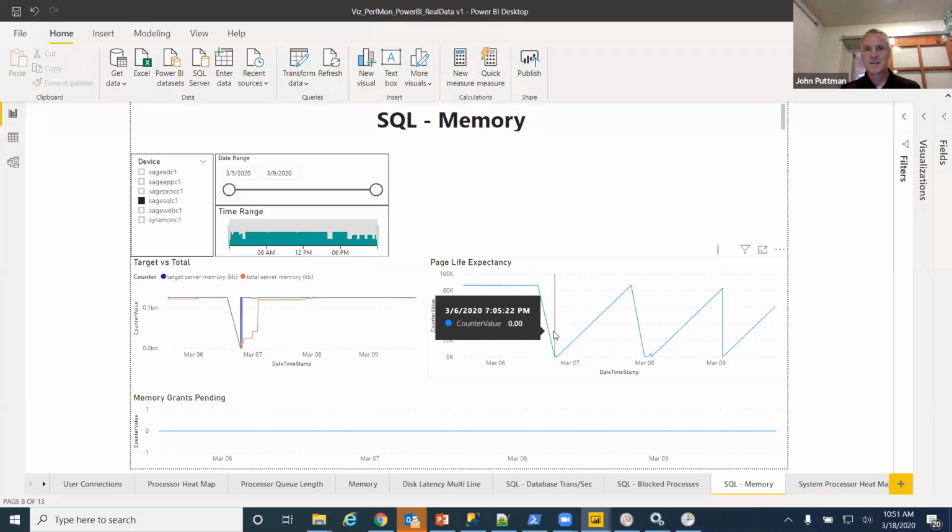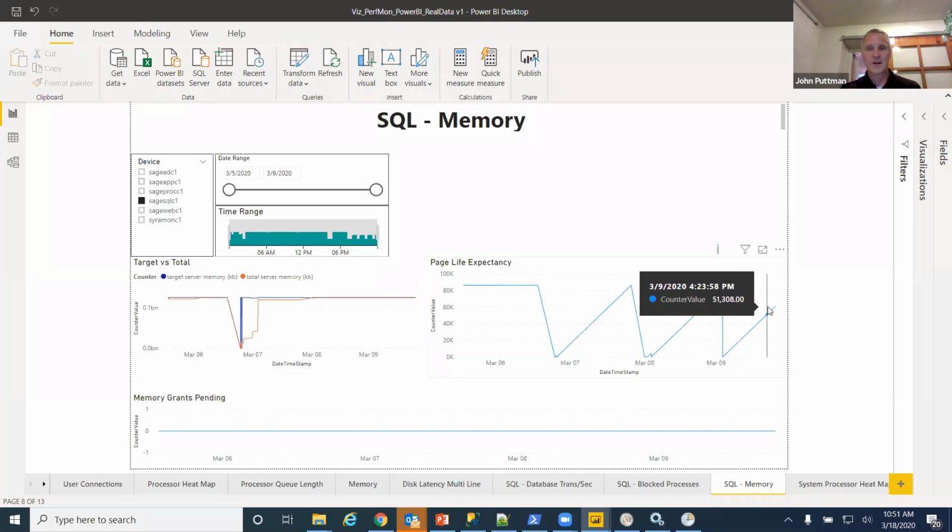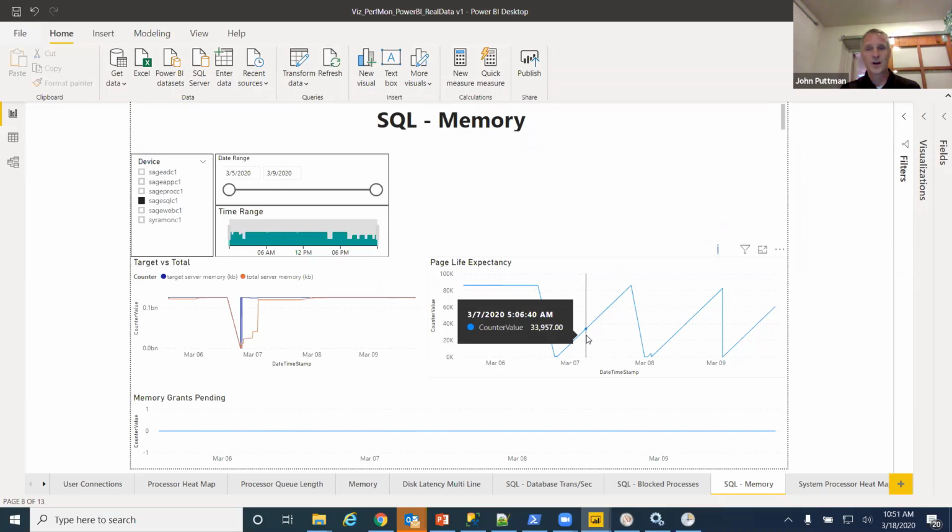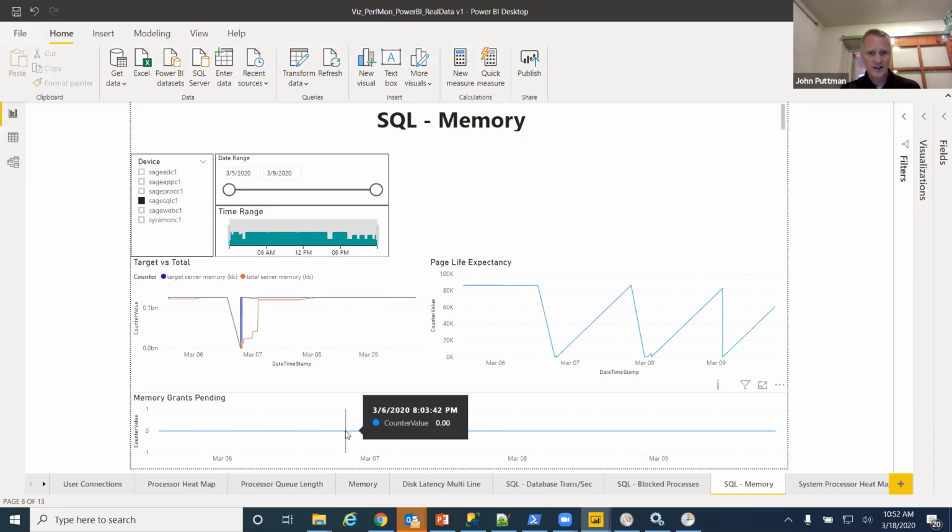Page life expectancy, the sawtooth pattern, is something that I normally see. It does seem to reset right around the beginning of the day. If I see a lot of sawtooth occurring and it stays really low, then I know that there's some memory contention happening. And then the last one, and this is something that we saw at Peacock Alley,